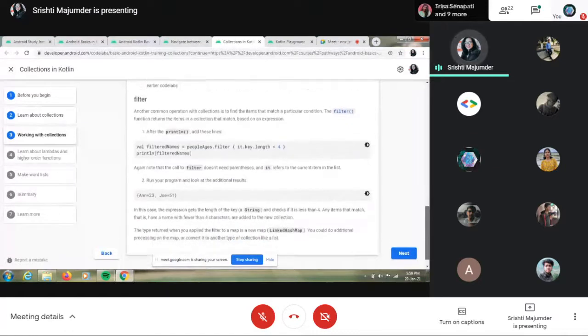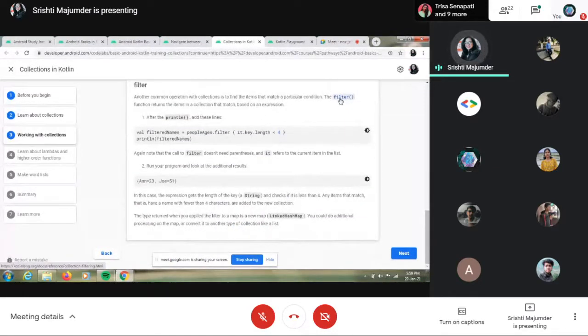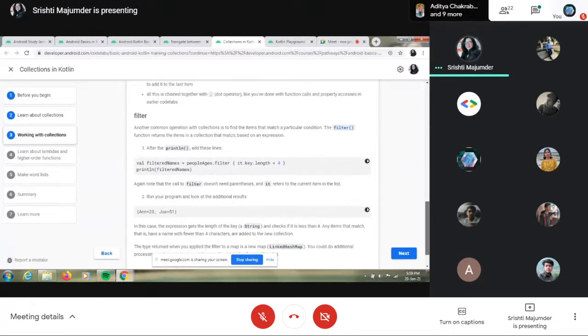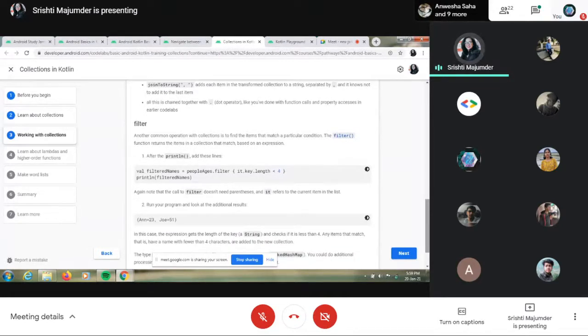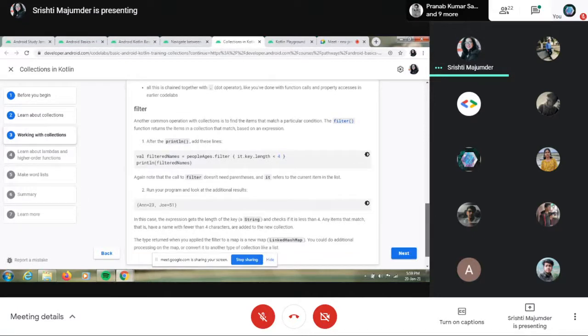Now this is another function called filter. Suppose you want to filter your list. As you remember, there were 4 names. Now in those 4 names you want only 2 names whose letters are fewer than 4. So we do the same. It just filters out. It doesn't necessarily have to be with the strings. You can also do it with the values. So instead of writing h.key.length, you can also write h.value, which is maybe more than 20. So you may even filter using the age. Filter lets you choose what you want to show in your output. So that was it.